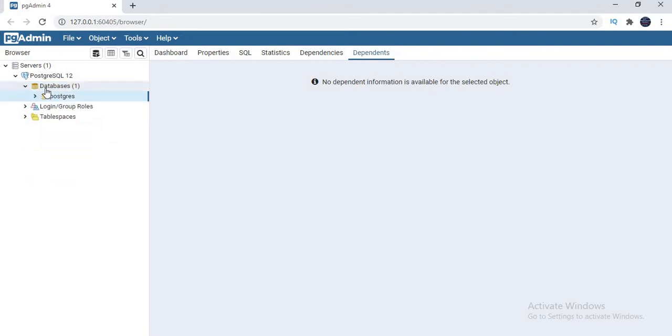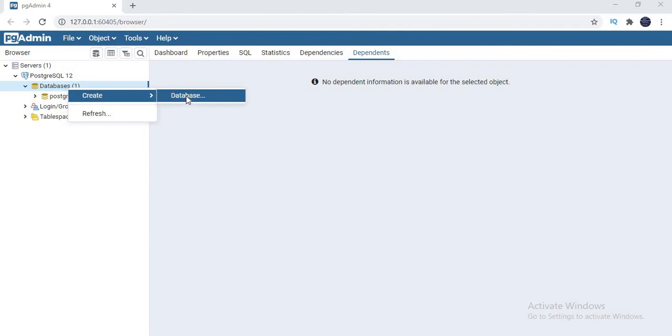When you expand the databases, you get a default system database. The name of the database is Postgres. Everybody gets it by default, so you can use that database for your examples. But if you want to create a new database, as I mentioned, I can use the create DDL command to create objects from a high level database to low level objects like triggers, constraints and so on. How to create? You have multiple ways. Since pgAdmin is a graphical user interface, you can create very easily. Just right click on databases.